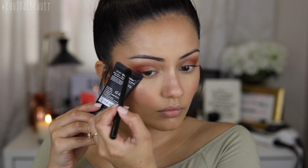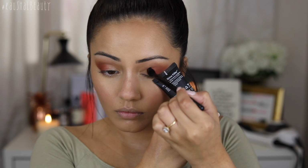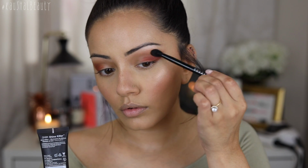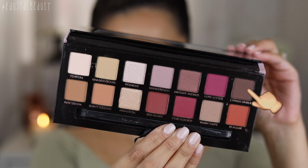This is a very Instagram eye. It is so warm and it's so blended and smoky, and I just had to do something using this palette and doing a warm eye, because I feel like Instagram is all about the warm eye, if you know what I mean. Here I'm just making sure everything's nice and blended out,